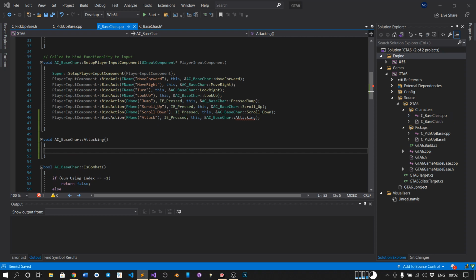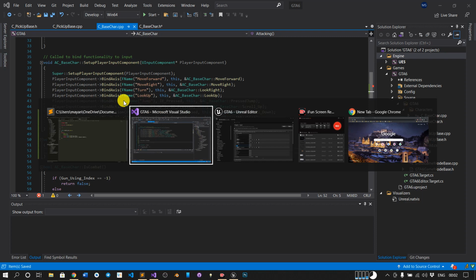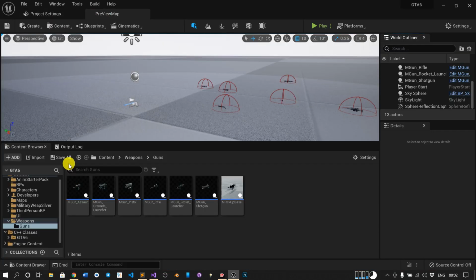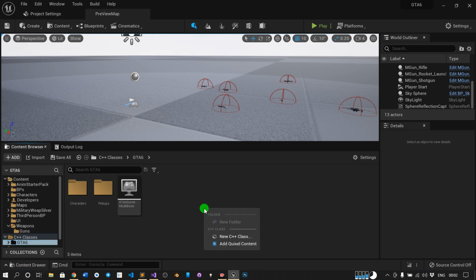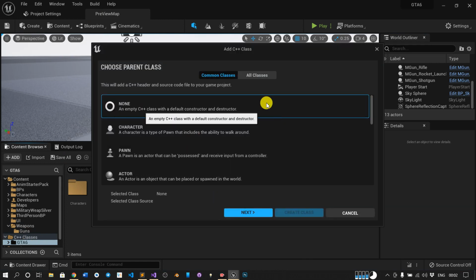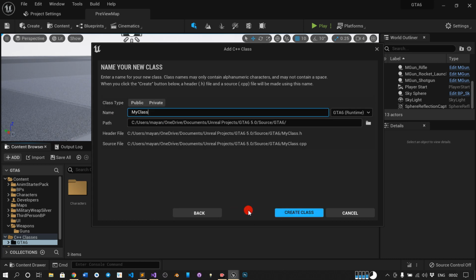First we will create a helper class. So just go to Unreal. This is just an extra step. It is not compulsory to follow, but still just go to C++ Classes under the folder, click on New C++ Class. I want it to be empty, None. Next, I want this inside a folder called Extras, and here my class name will be MUtils because I want it to be a helper class. So Create Class.